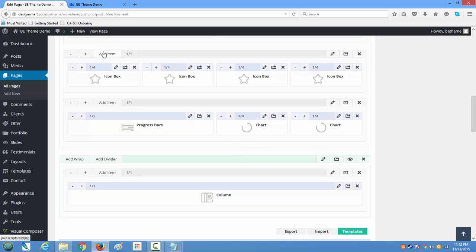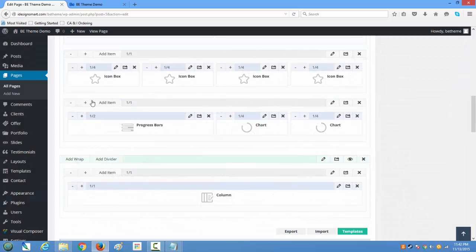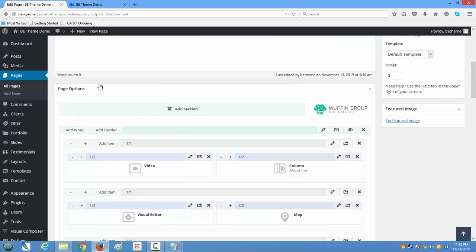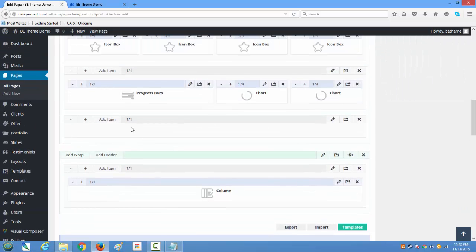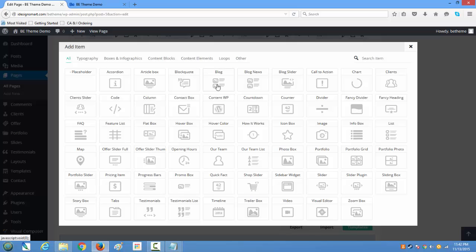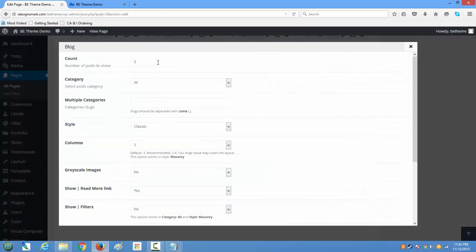Like hover boxes are when you have to, let's do that. Let's say you add another, no, I don't want to add an item, but I want to add a wrap to the parent container. And then this wrap, basically what I'm going to do is to add like my blog entries. So to do blog entries, you could do blog, and with the sample content there were like 3 entries for the blog post. So I can do like 3 entries, and I'll just say category all, style classic is fine,